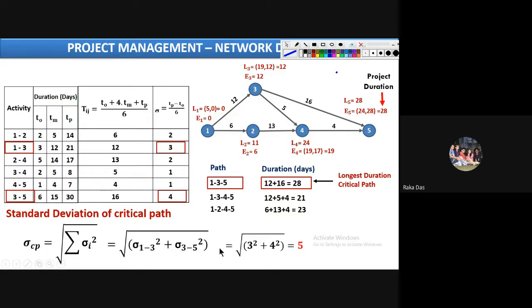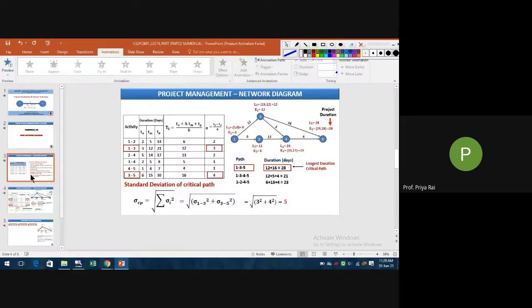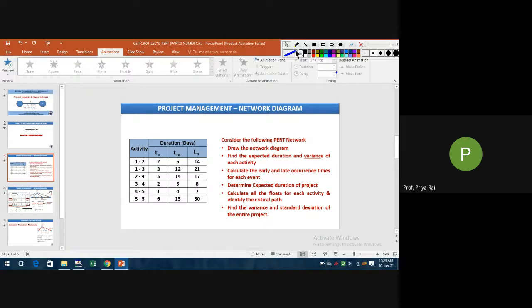See, till now these are the questions. We have drawn the checklist, and now we will check it. This is completed: we found the expected duration, that is Tij, and calculated the standard deviation. Simply square that standard deviation for every activity and we get the variance too. We calculated the earliest start time and late start time. The last E value, which was 28, is the duration of the project. Done.